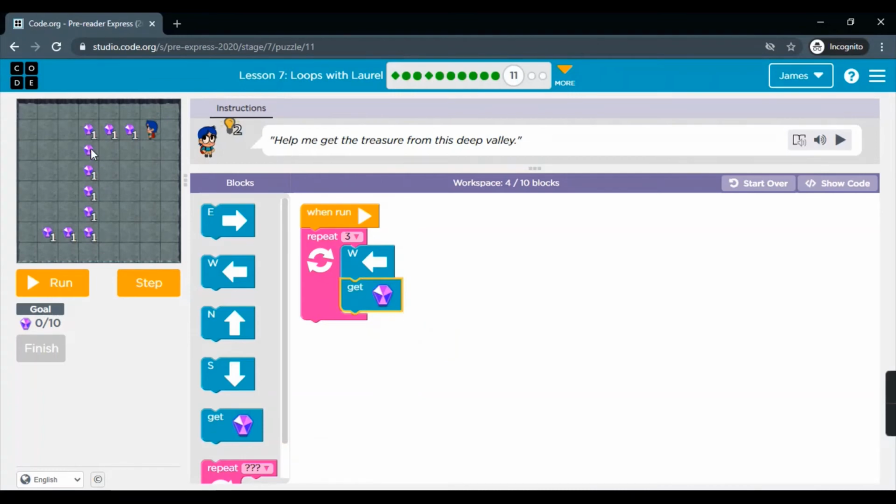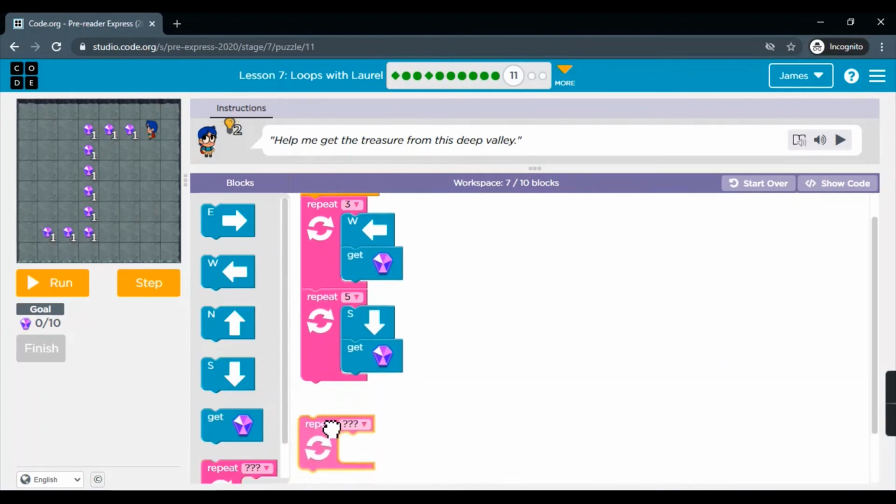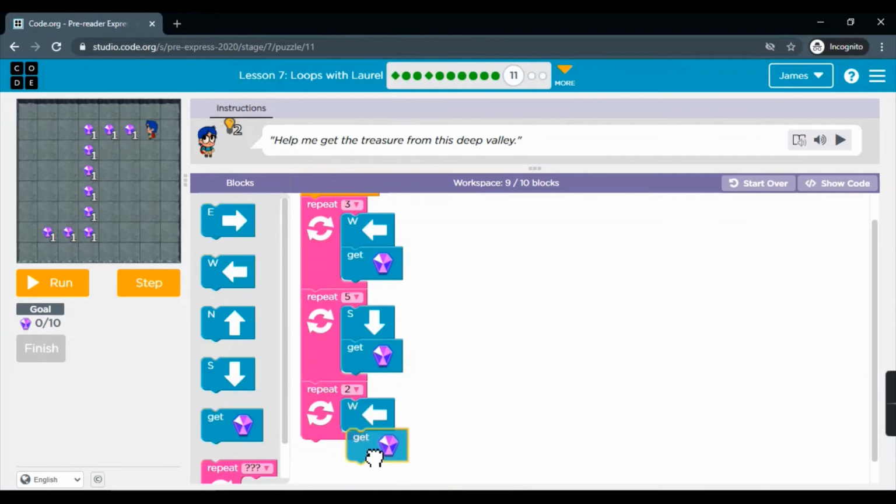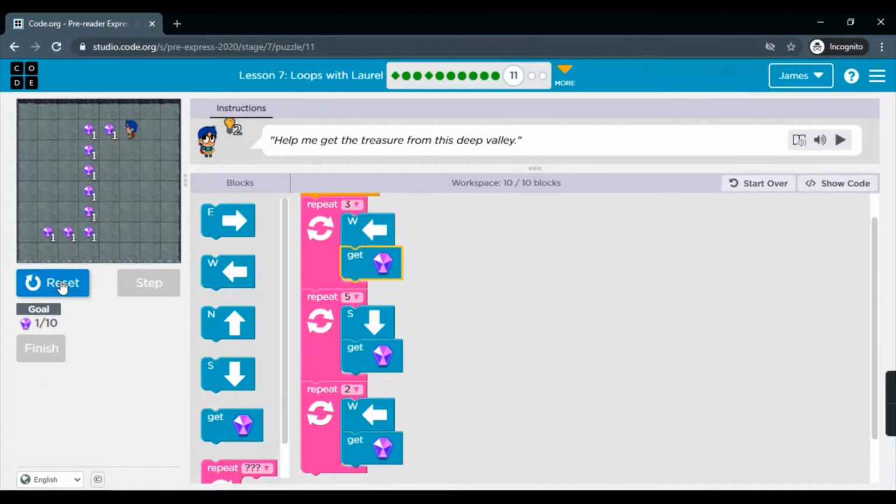After reaching here, 5 times south, that is down direction. And then after reaching here, 2 times west again. Okay. Let's run it.